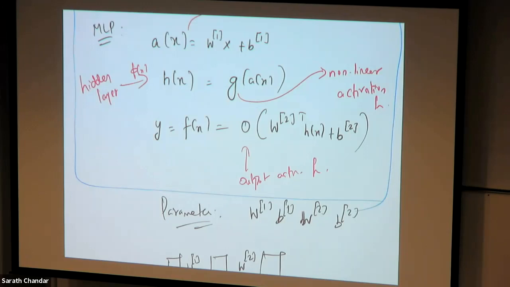Yes. If you compose linear functions, you get a linear function, right? The whole model is going to collapse to a simple linear model. There is no use in having such an architecture if G is linear. A more precise way of saying that is your Y is going to be W2 times H of X. If it is linear, then this is just W1X plus B1 plus B2, right? If there is no G here, so you need a G function here